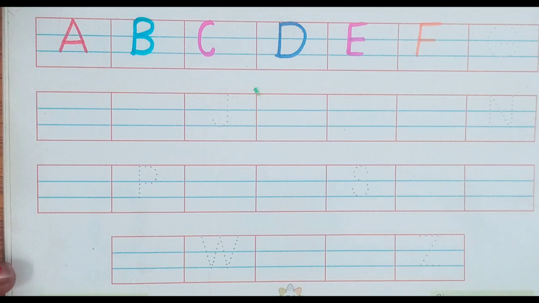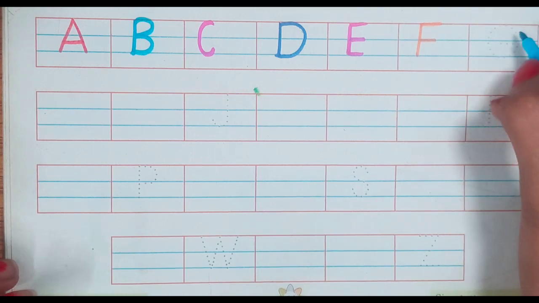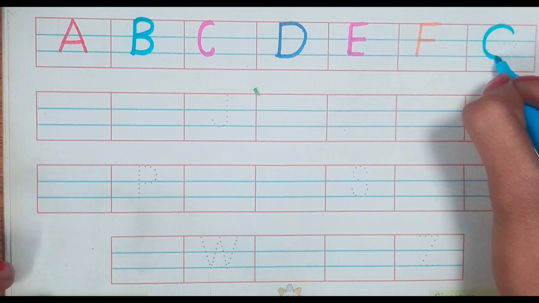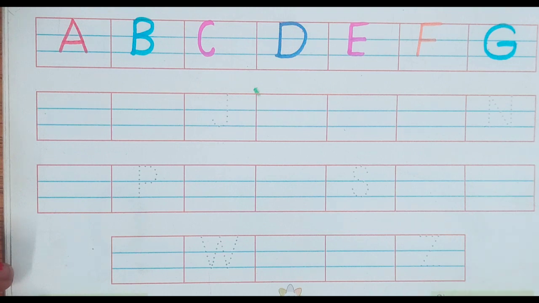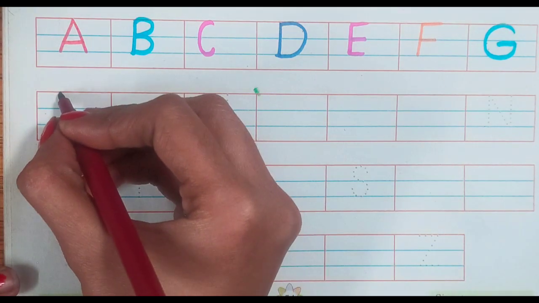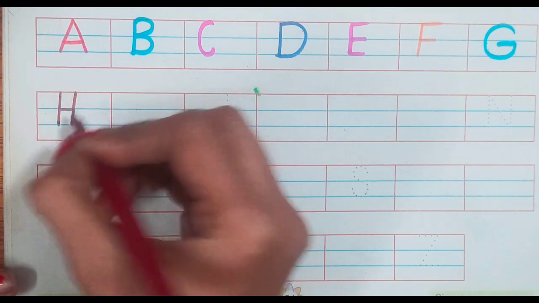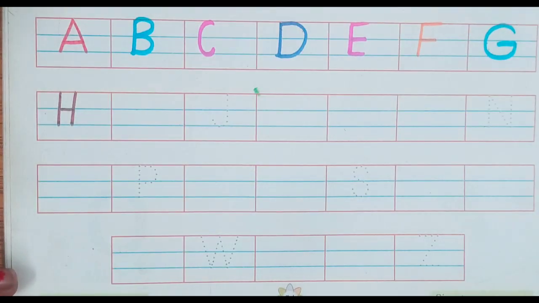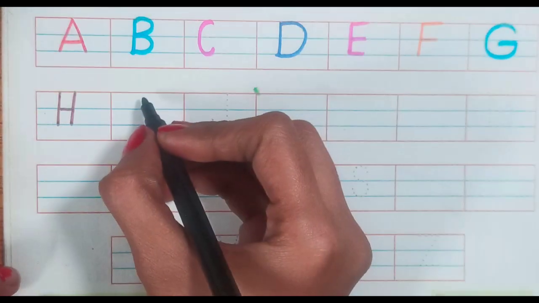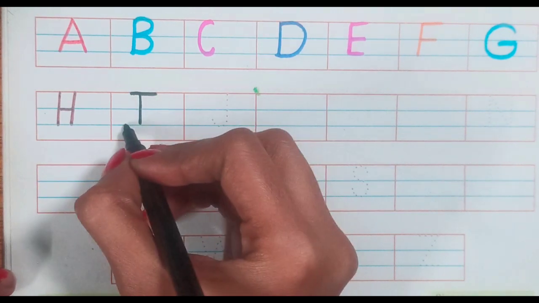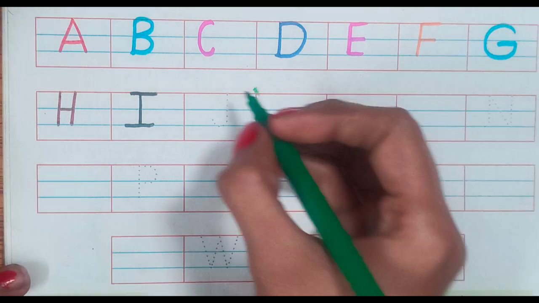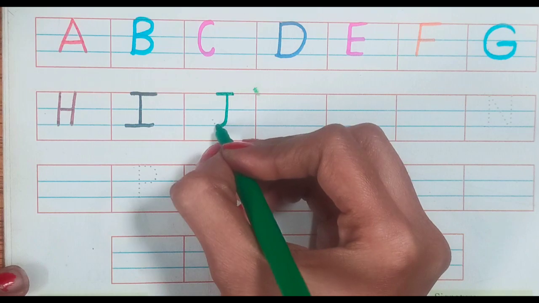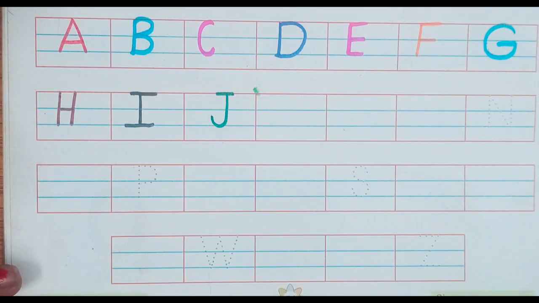F for fish। G for girl। H for hen। I for ice cream। J for joker।